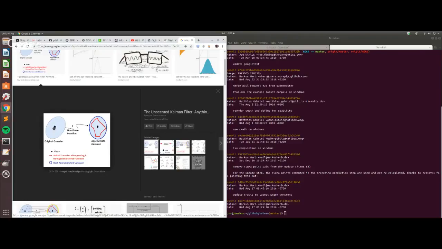So that's the times 2. So you have 5 points, transform them, then you compute the approximate Gaussian that best represents the transform of this